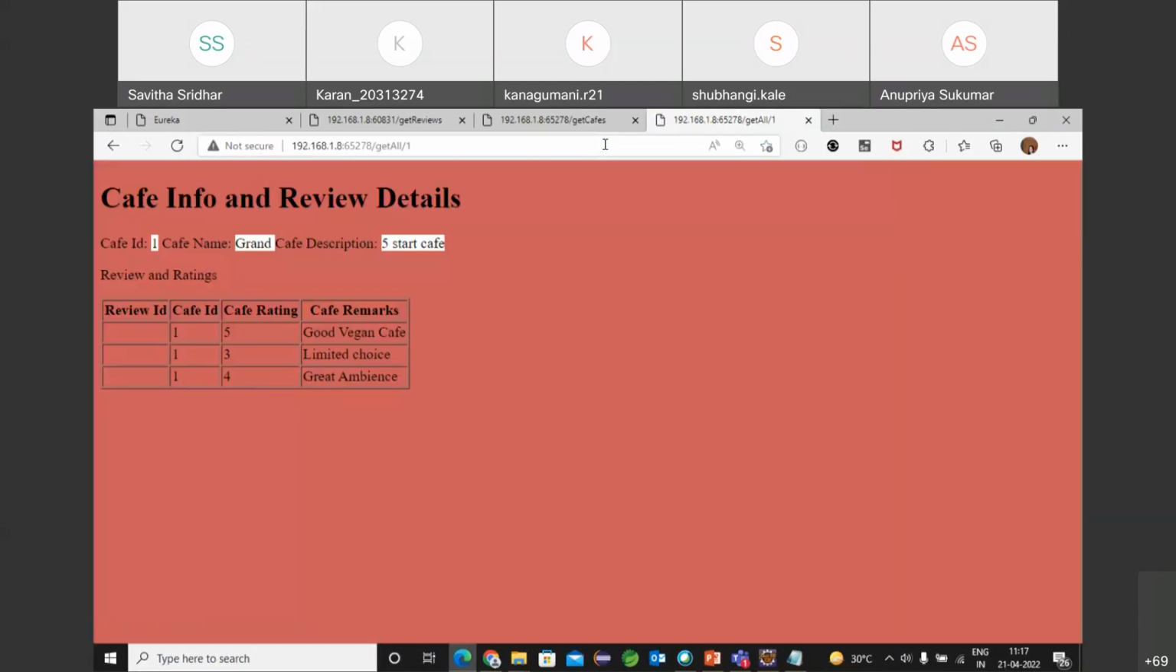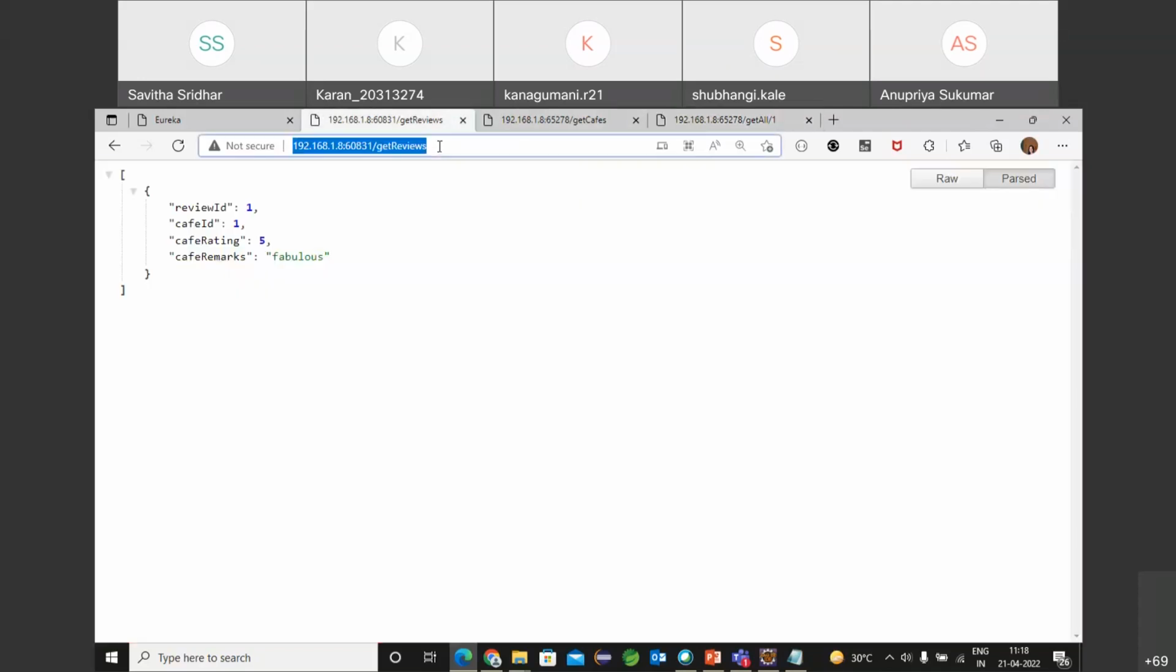there it is. You get the cafe ID details, all these details. But look at the review and ratings details, guys. Where is it coming from? Correct. The default fallback method, isn't it? This is what is coming from the default fallback method, right? And as I told you, in this, this is the reviews, right? In the reviews,